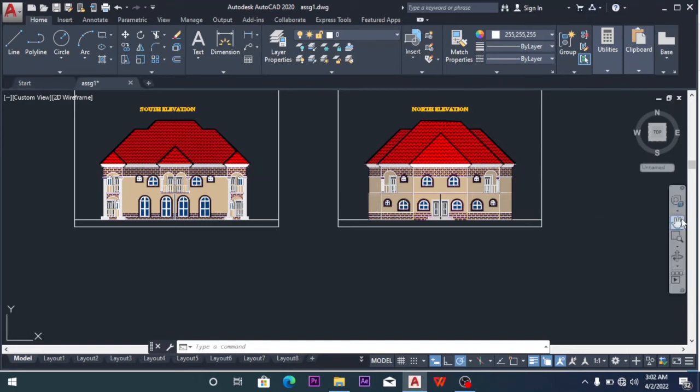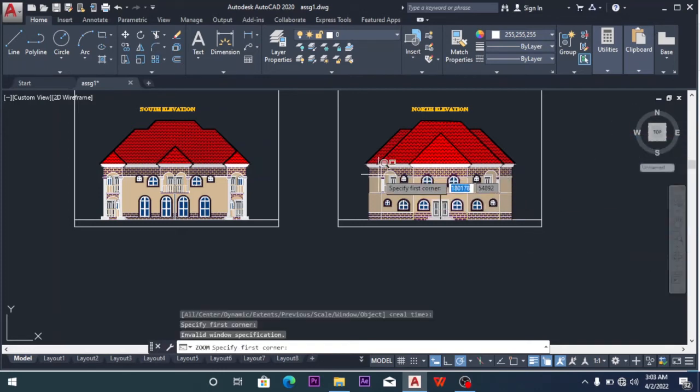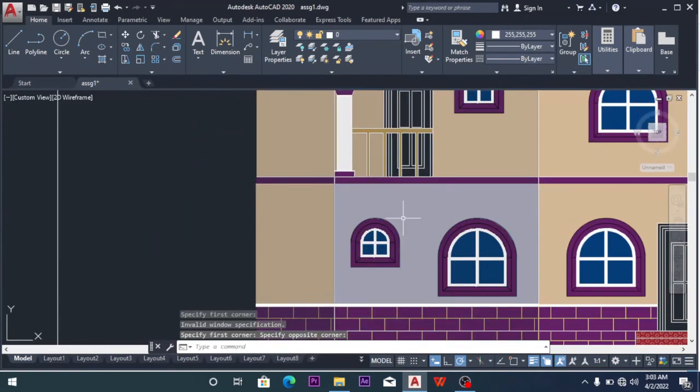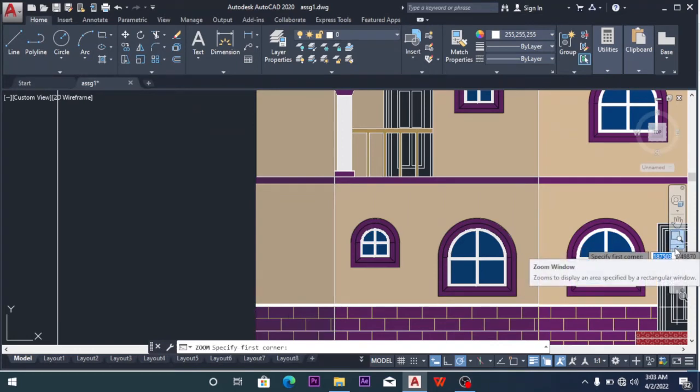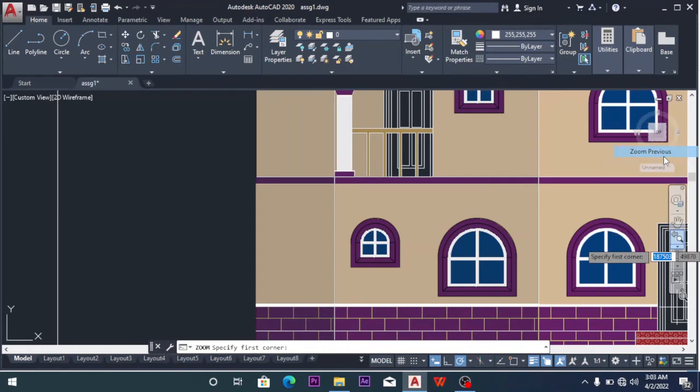Then let's say I use zoom window to view this column, this part. What zoom previous is trying to do is return me to my previous view. So just as the English says, I want to return to my previous view. Once I click on that,